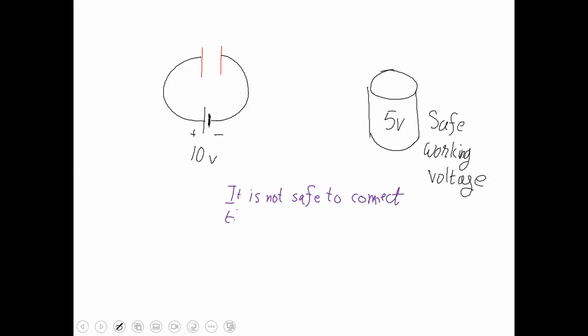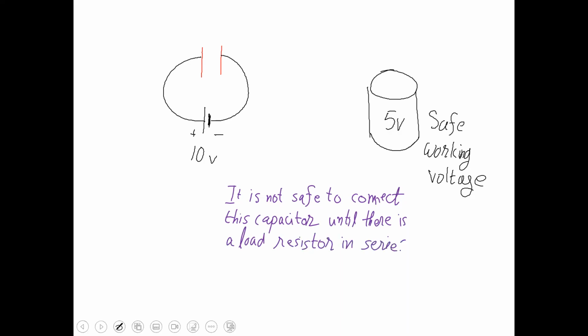It is not safe to connect this capacitor because it will blow it out, until you put a load resistor. This is something I discussed in my last class. Until there is a load resistor